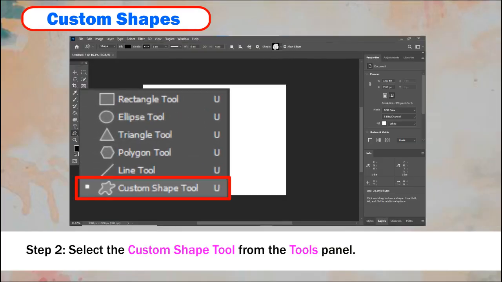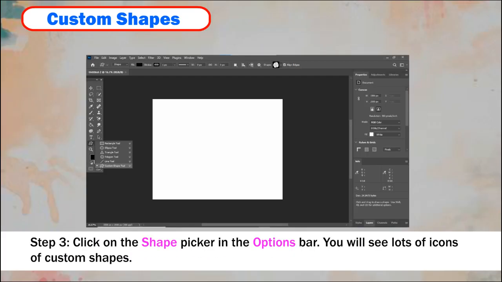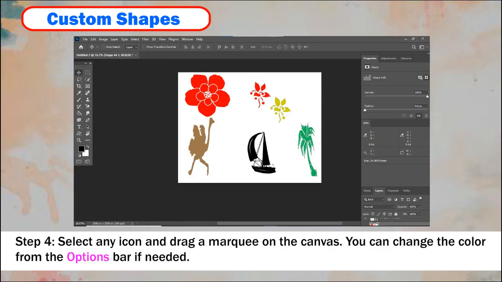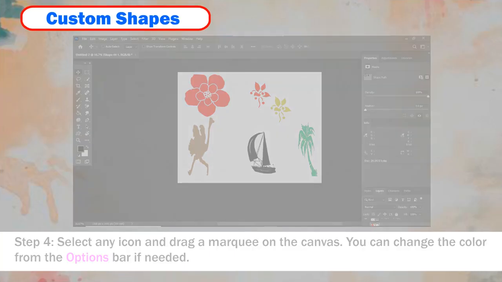Step 2. Select the Custom Shape tool from the Tools panel. Step 3. Click on the Shape Picker in the Options bar. You will see lots of icons of custom shapes. Step 4. Select any icon and drag a marquee on the canvas. You can change the color from the Options bar if needed.